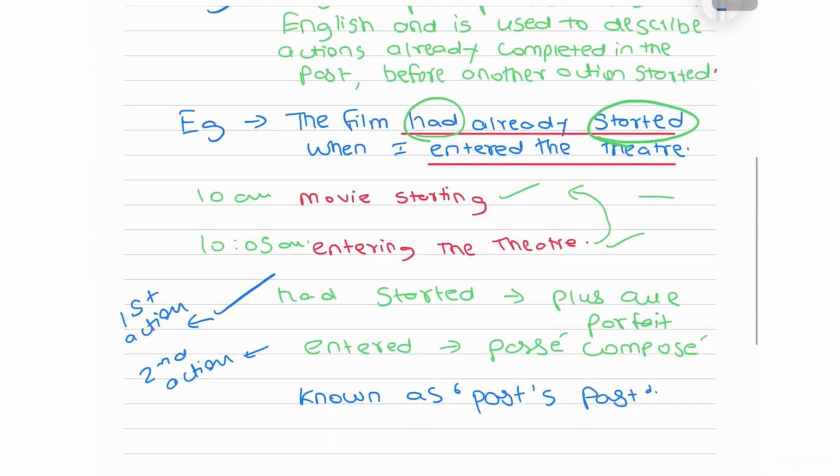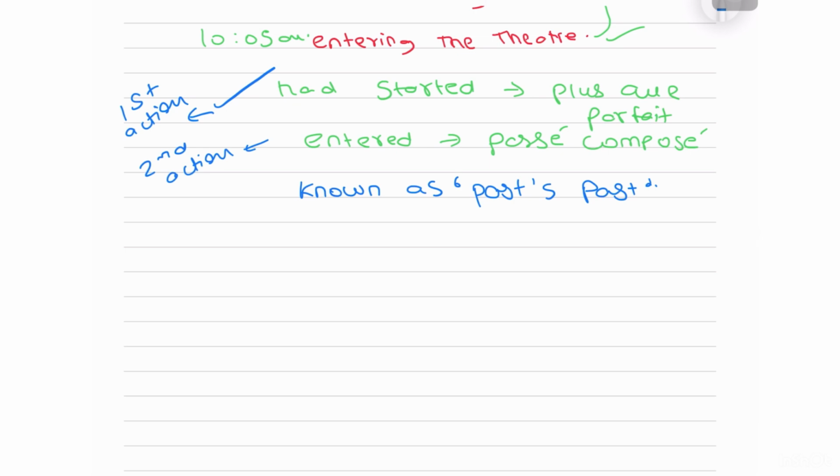Now the question is, how do we form it? What is the formation? What is the structure in French, right? Like in English we do, I had done that, right? I had completed my homework. I had gone to the school. Or maybe I had overslept last night, so I woke up early today. Right, so in English the format is had and then the past participle.